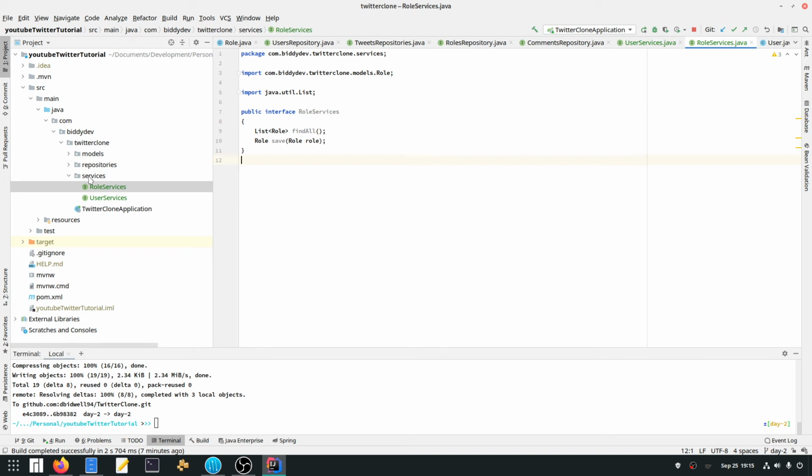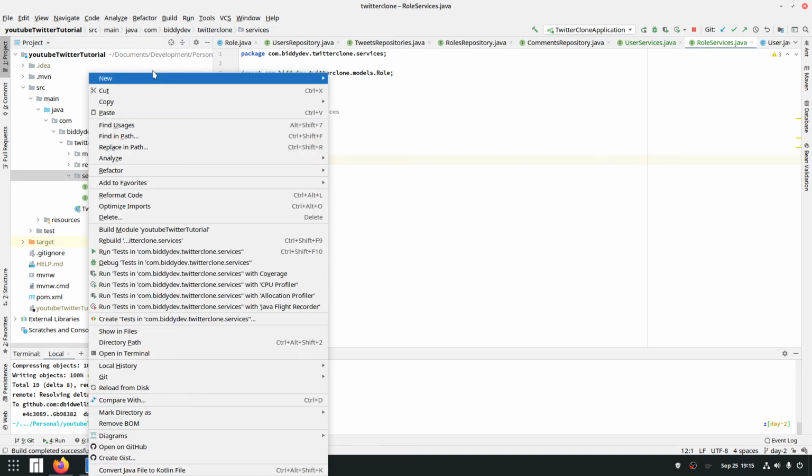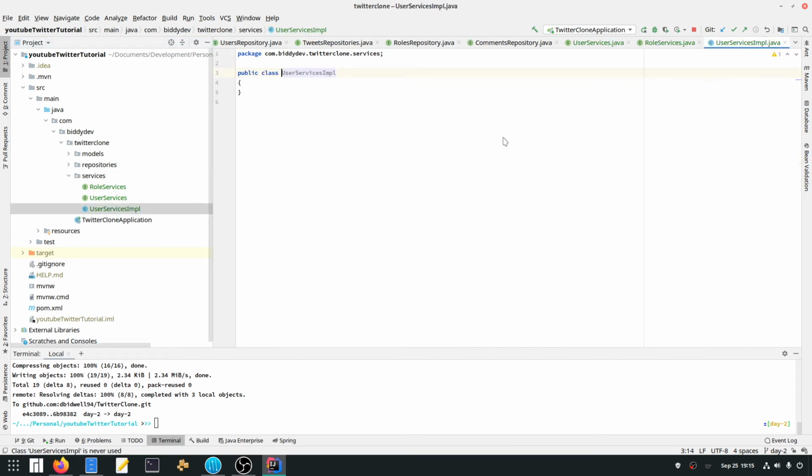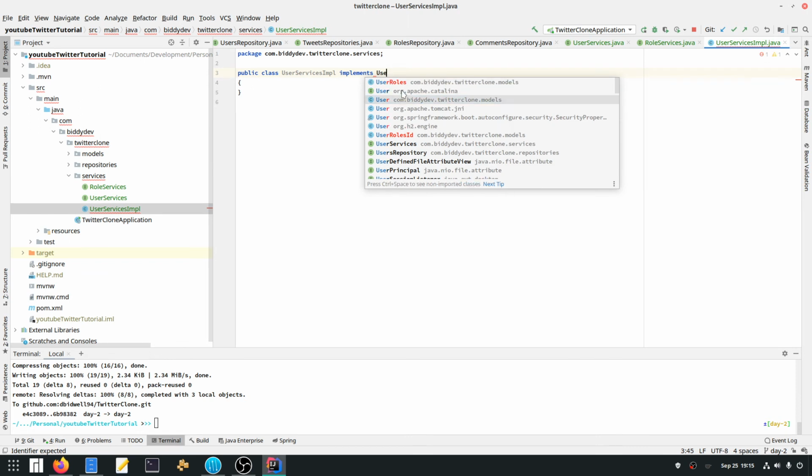We need to have some way of implementing these interfaces. So this is where you're going to make these classes. You're going to create a new class. You're going to call this one user services implementation. It is a class. Let's go ahead and press enter on this one. And we have those interfaces. Now we want to implement these interfaces. We're going to implement user services,